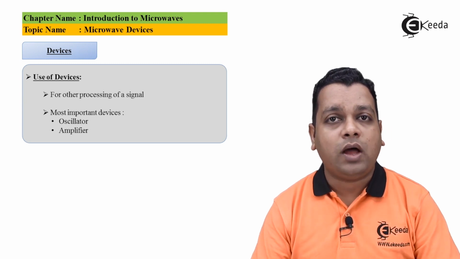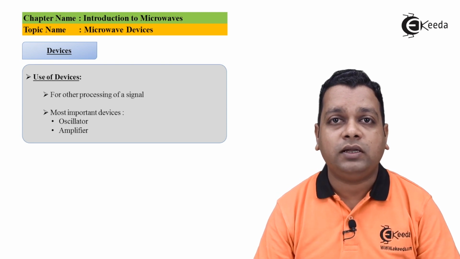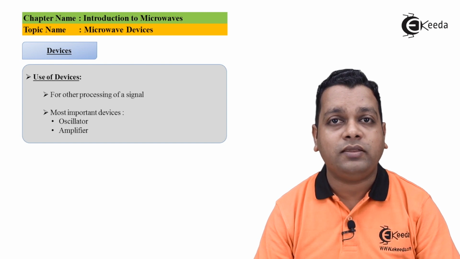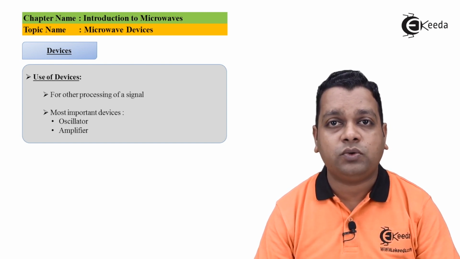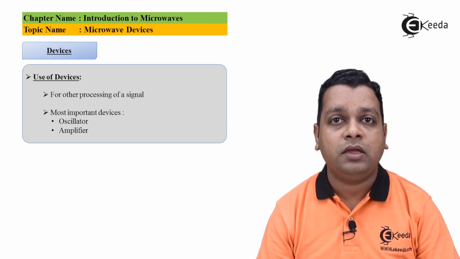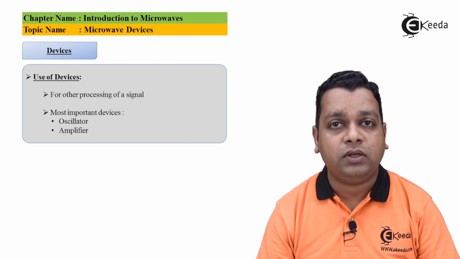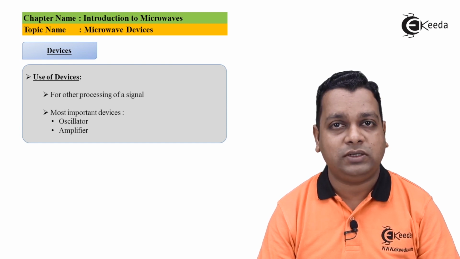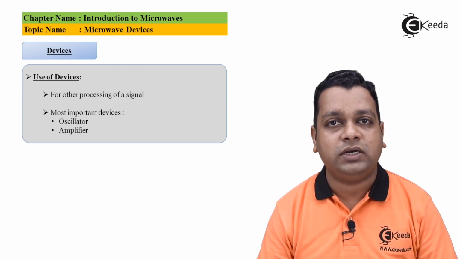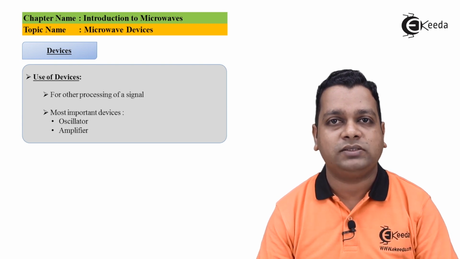So after understanding how important the generation of the signal is, and then the amplification process, there may be several devices based on different kinds of processing. The categorization can be there, but very importantly we require amplifiers and oscillators. The conversion from one to the other can be done by attaching a simple feedback loop. So we can achieve oscillators as well as amplifiers.